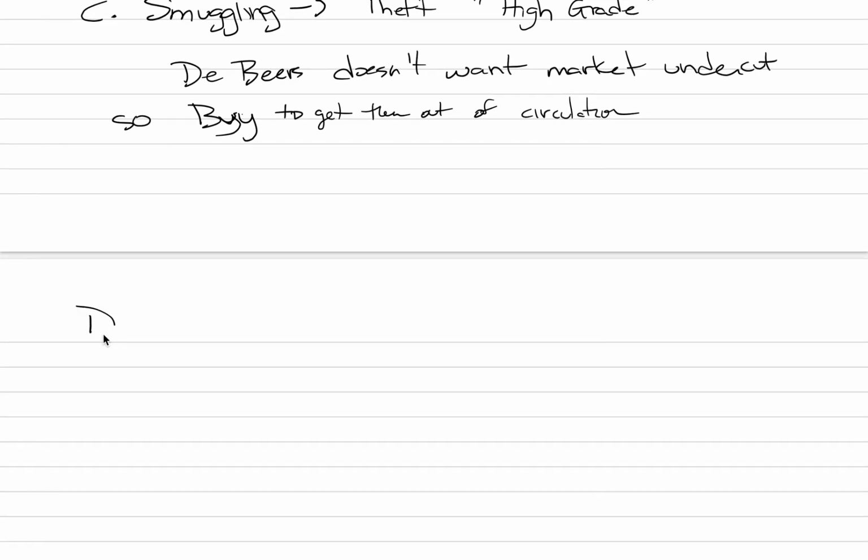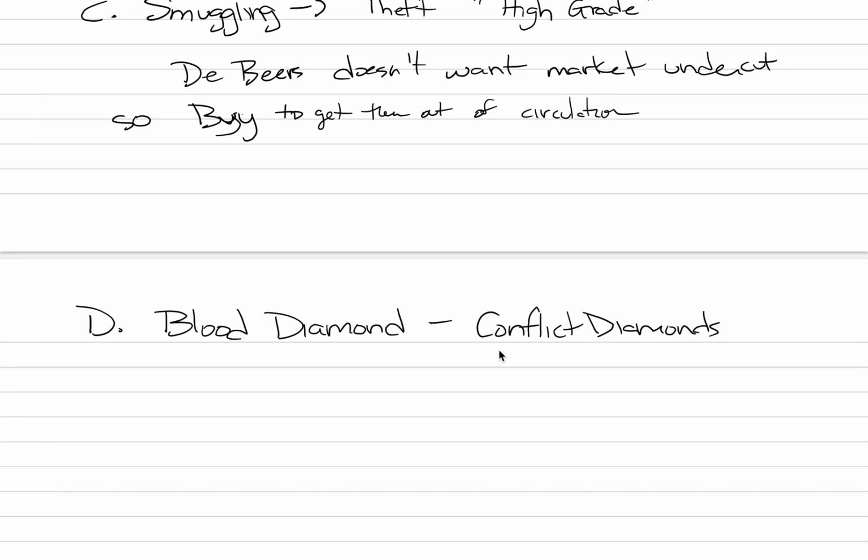So big D, we're going to put big D here. Let's put the word blood diamond first because that has an exotic ring to it. Probably a better way to think about blood diamonds, and their other name is called conflict diamonds. And the definition of a blood diamond or a conflict diamond is that these are diamonds that are used to finance war, money laundering, terrorism, slavery, child labor, all sorts of bad things. That's what these are. So they're used to finance war, any kind of criminal activity, right, where there's blood on your hands. Money laundering, terrorism, Al-Qaeda used it, for example, slavery,